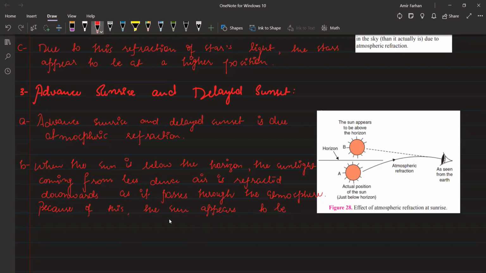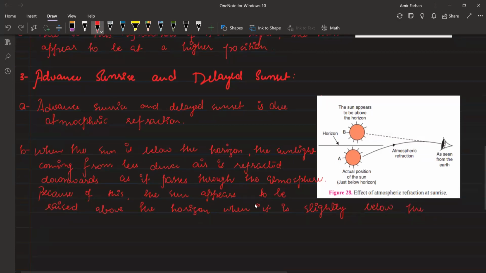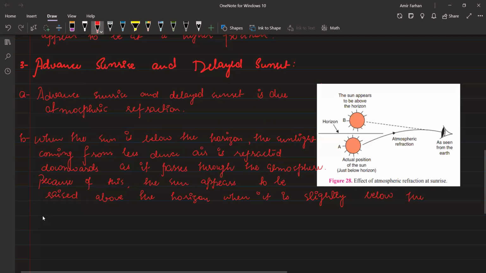the sun appears to be raised above the horizon when it is slightly below the horizon. I hope that you got my point of all the three conceptual questions. Please let me know, am I clear to everybody, yes or no? Yes, sir. ठीक है, so the third point will be, we can still see the sun